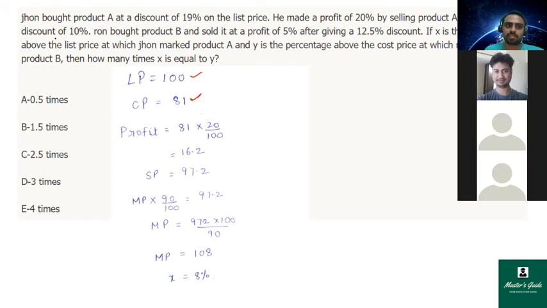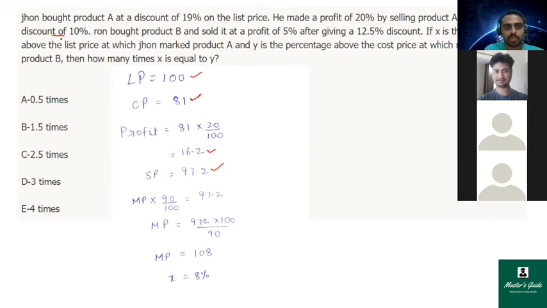So he might give a discount; let's keep it aside. The value might change, but we are not concerned about it because profit is anyway calculated on cost price only. So directly I'm going ahead and finding out the profit. I found the profit as 16.2, and as you said, 81 plus 20% of 81 is my selling price, which is 97.2. I'm finding out the mark price now. No, no, so I got the selling price as 97.2. That's one thing.